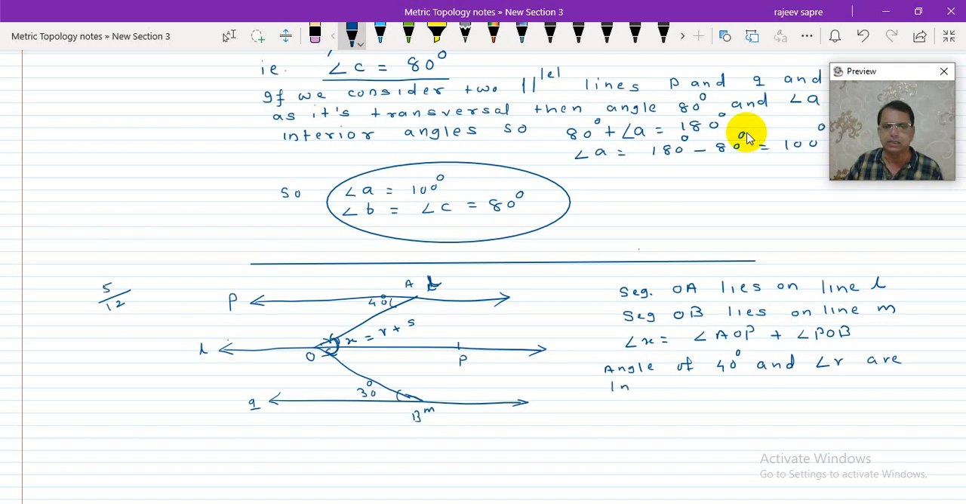Internal alternate angles. So they are congruent. Alternate angles are always congruent, so they are congruent. Okay, so angle R is equal to